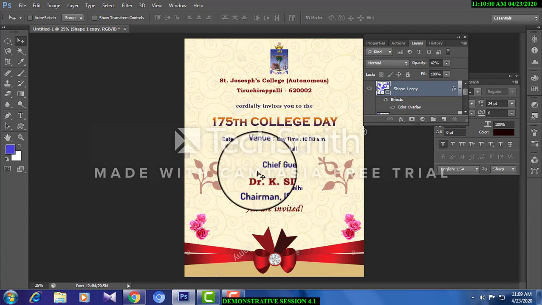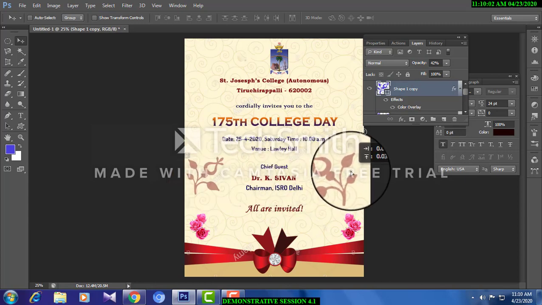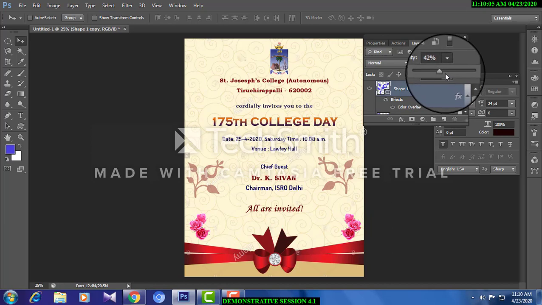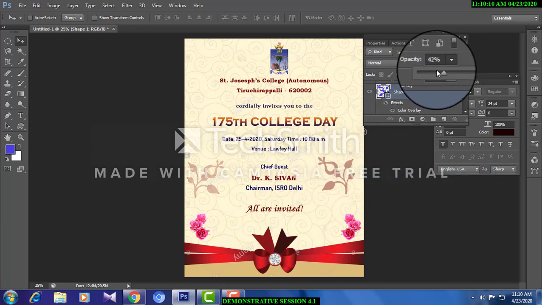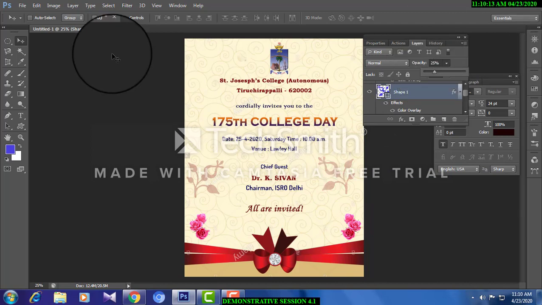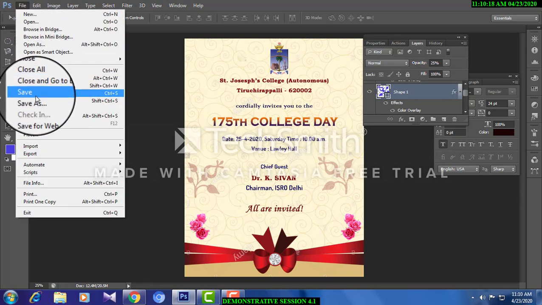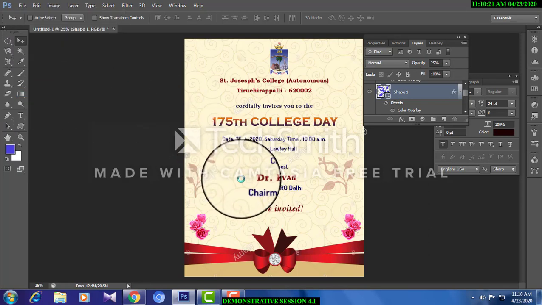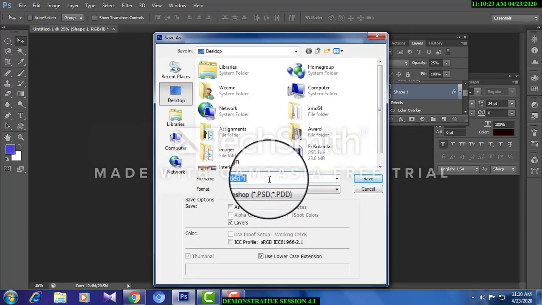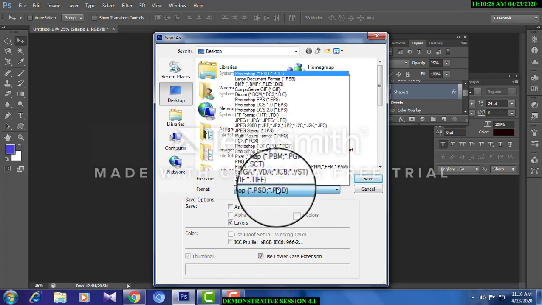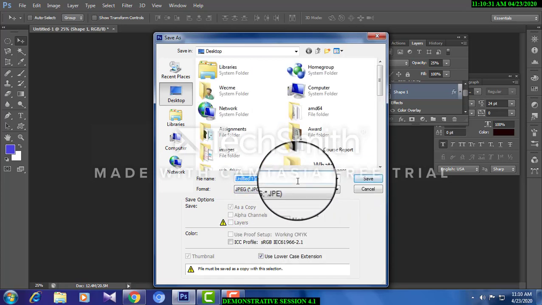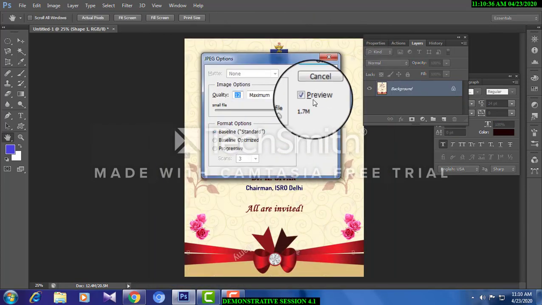See, so if it doesn't look good, please change it. You can even reduce it a little bit more. Yeah. And now, my dear friends, it is ready. Invitation is ready. How do you make it a JPG file? By default, it takes you to a PSD file. But when you give it to the press, you should not give it as PSD. It may be editable, but when you confirm your file, make it a JPG file. I'm just saving it as invitation. It is ready now.